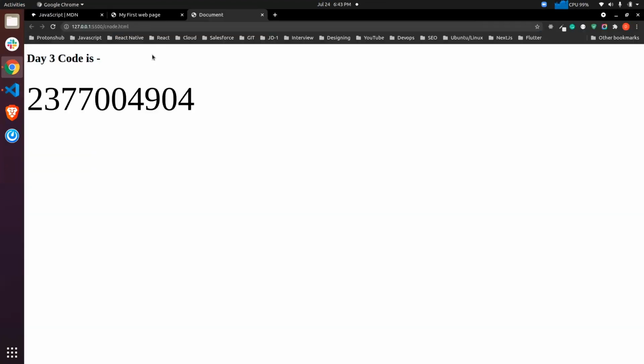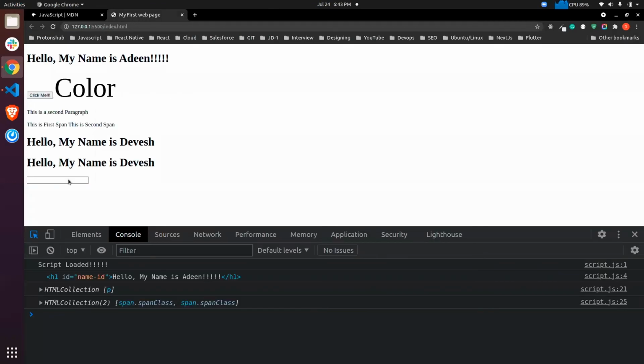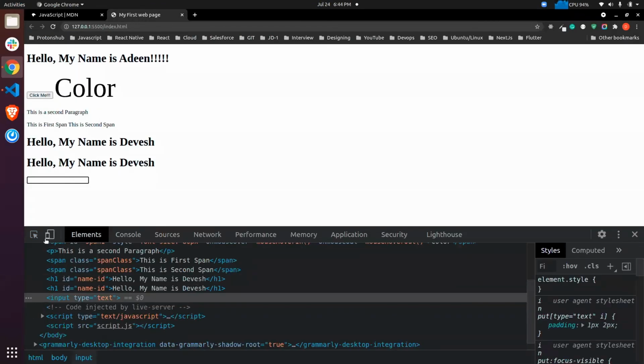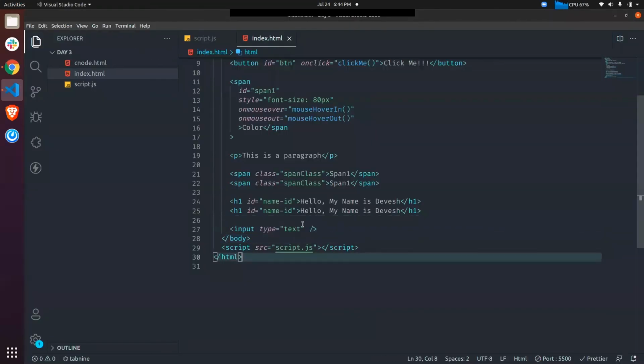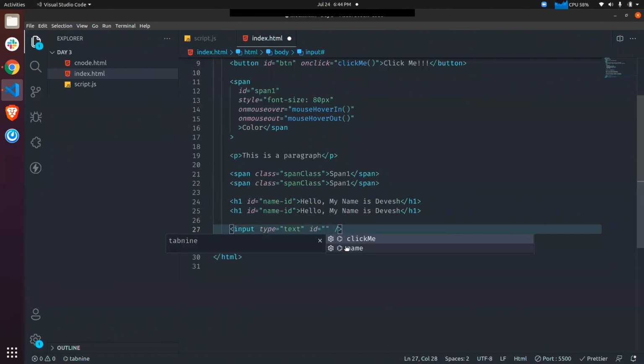We got the input here, and let's say whatever we are writing, let's say I'm writing Devesh here, and I want the Devesh to be console logged here. So how I can do it is that I can assign an ID, input 1.